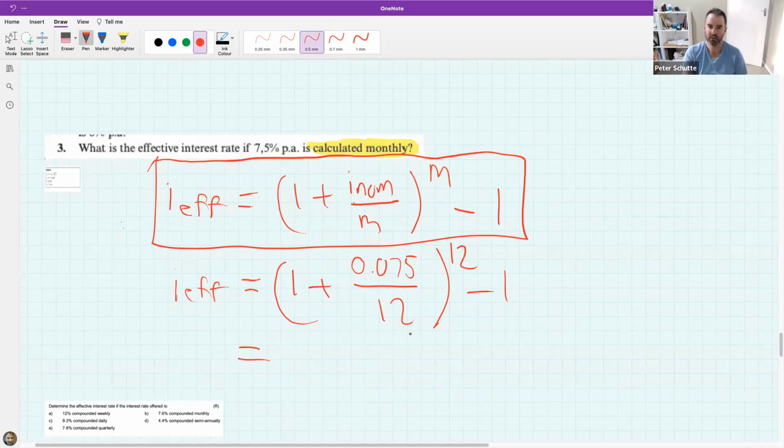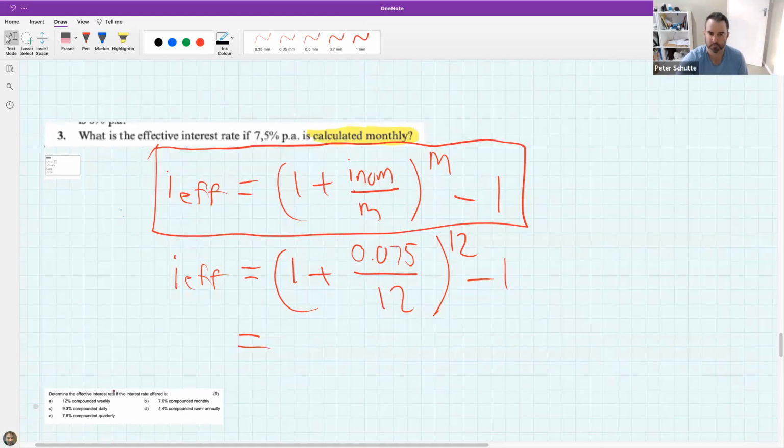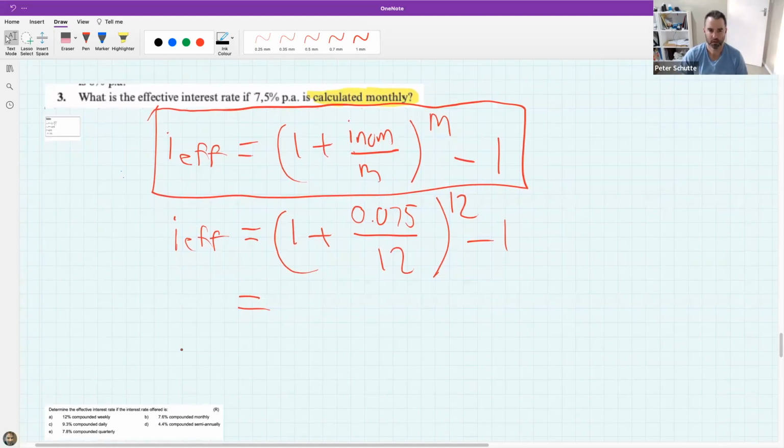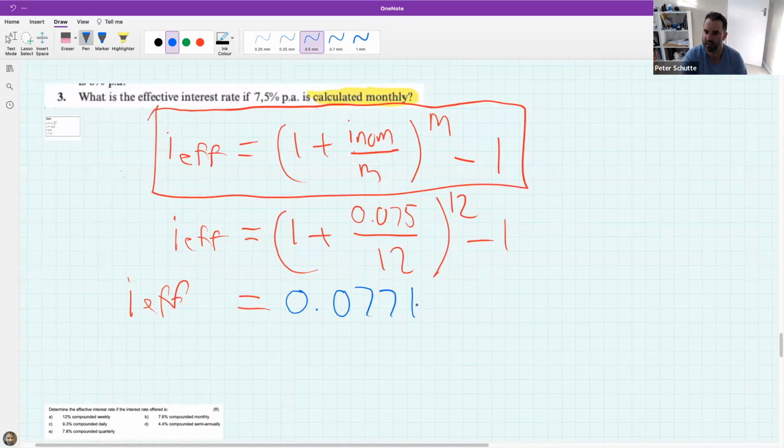So if you put this whole sequence into your calculator, what do you get? You should get a whole bunch of 0 point something, something, something, because there's a -1 at the end. So you should get 0 point blah, blah, blah. I want to see what you get. So we should get all these messy decimals,